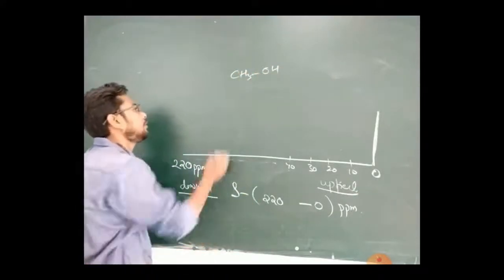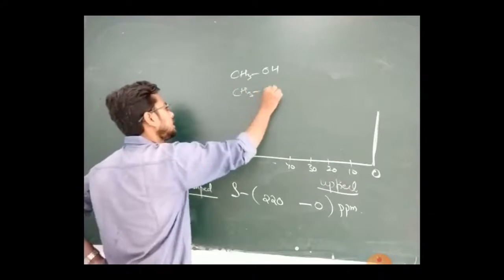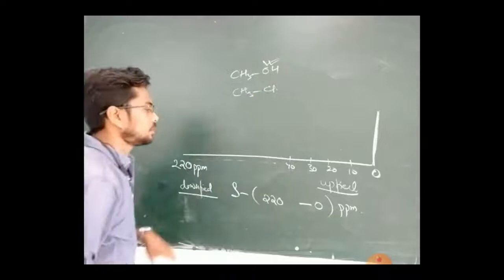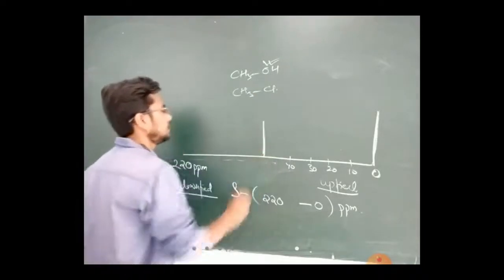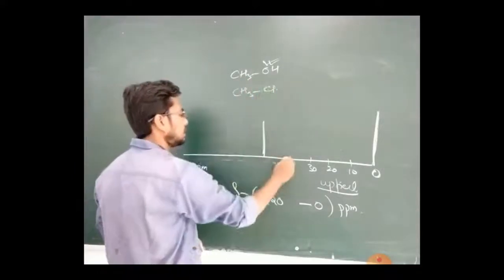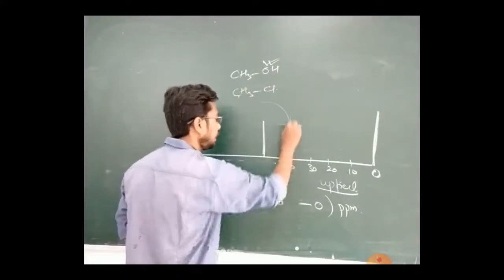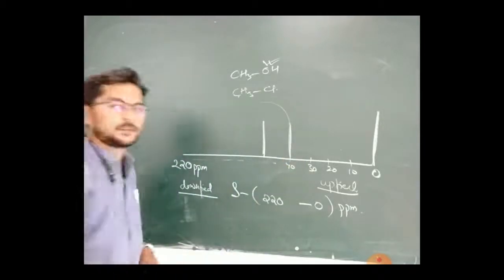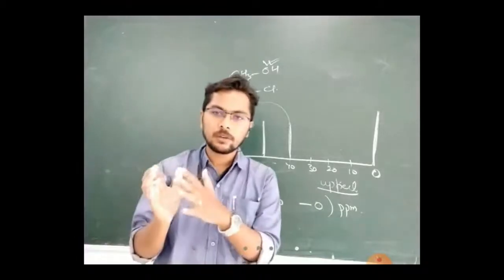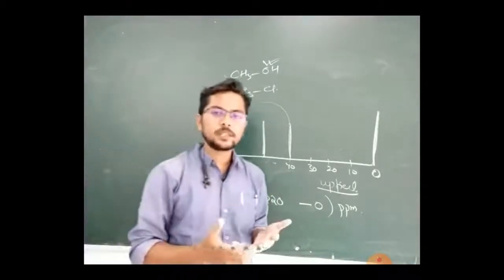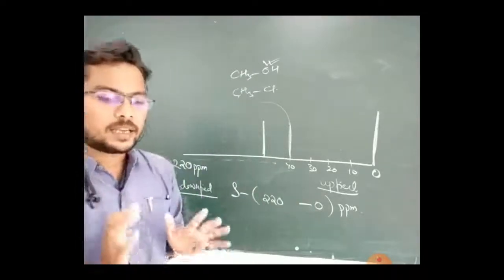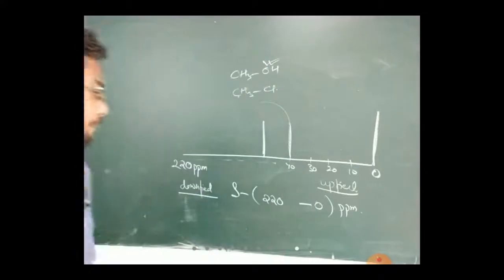So if you have CH3OH and you have CH3Cl, which is more electronegative? Of course, oxygen here is more electronegative. So if oxygen is more electronegative, this carbon will come somewhere here, and the carbon attached to chlorine will appear somewhere here in the spectra. So the same electronegativity factors will govern your shift. Now what we have to predict is, with our experience and with the range, the range at which these particular peaks appear.